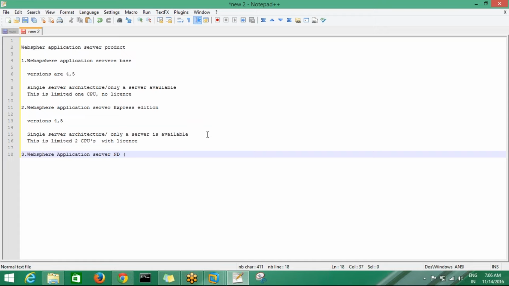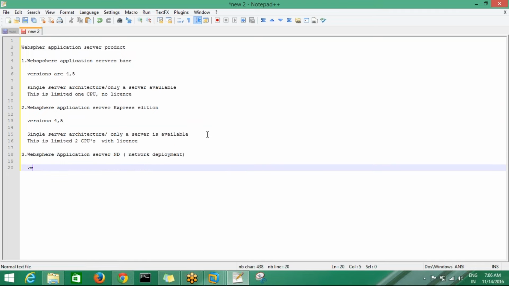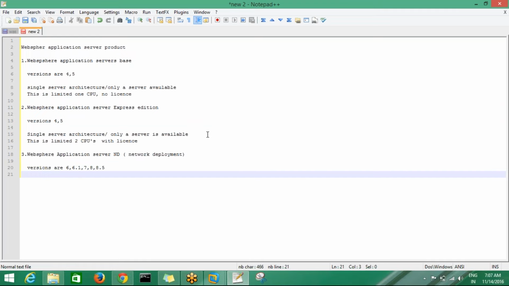ND means network deployment. The versions are 6, 6.1, 7, 8 and 8.5.